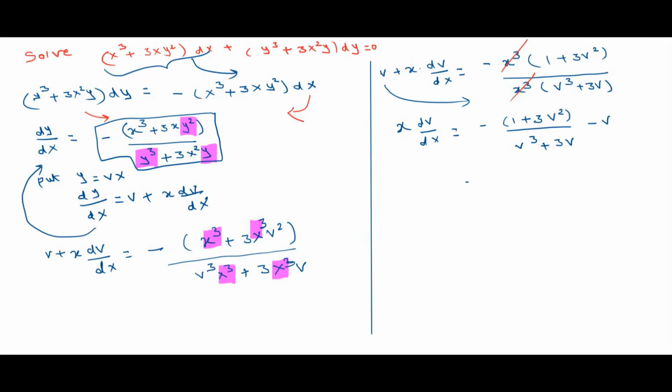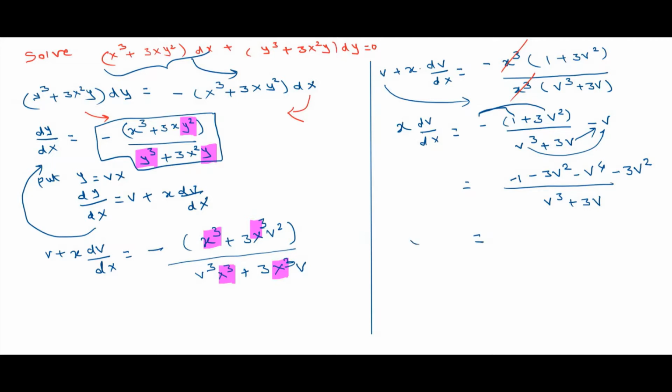On simplifying, here the LCM is v cube plus 3v, and minus into this 1 is minus 1, minus into this 3v square is minus 3v square, and then v cube into this v is minus v raised to 4, and 3v into this minus v is minus 3v square. So in total you will get,